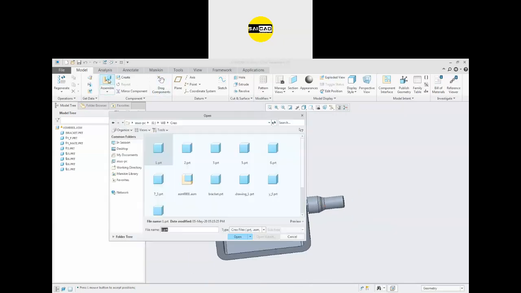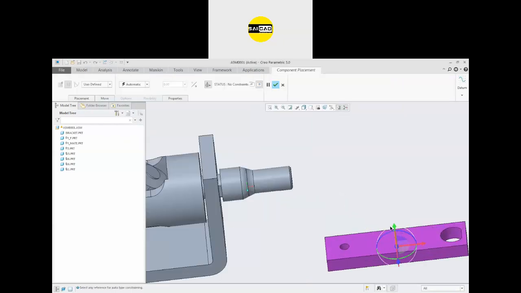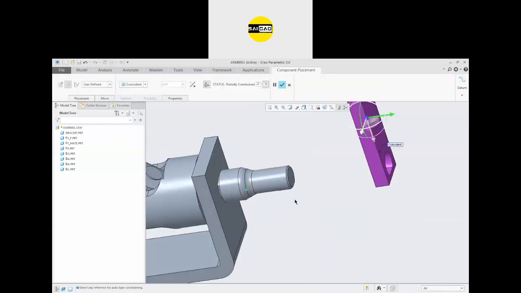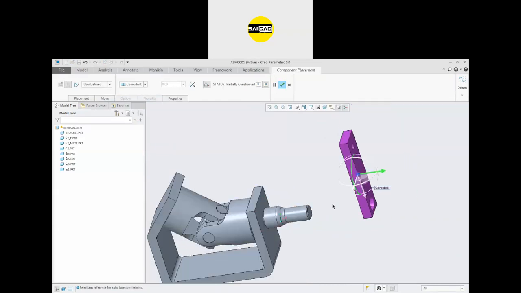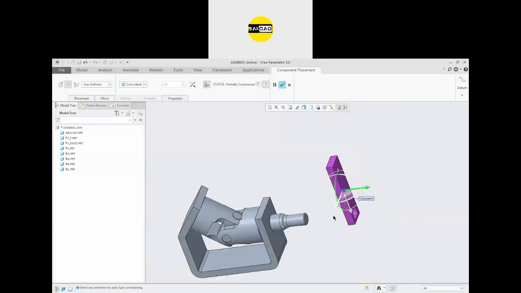The next object we have to insert is this one, open. We have the part here. So again, select the two surfaces. You can see that I have not applied any joint in this part, and I'm not going to define any joint in this part also, because we have applied the motion here, and these two parts will be derived from these two parts.